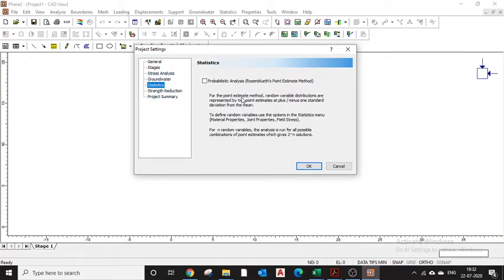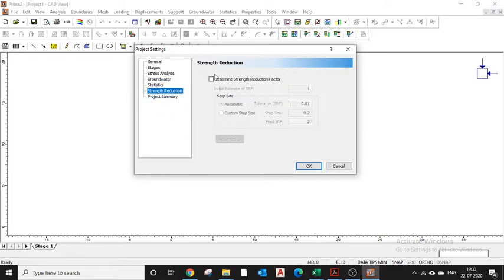Statistics: if you want to have a random variable for your material or your field stress, then you could use this probabilistic dialog box, and here you will find a tab where you can input your standard deviations, maximum and minimum values.